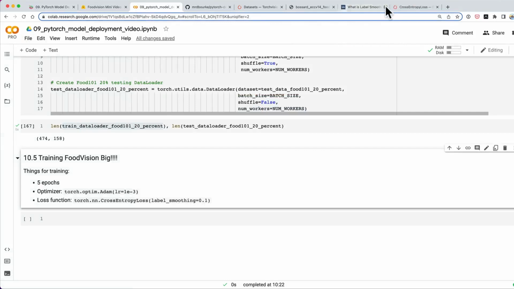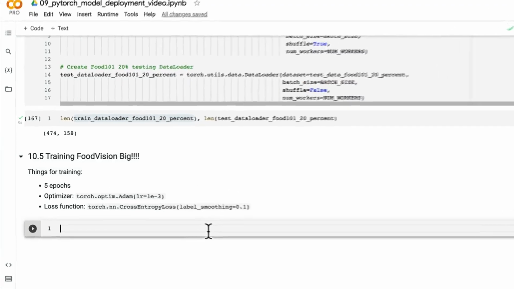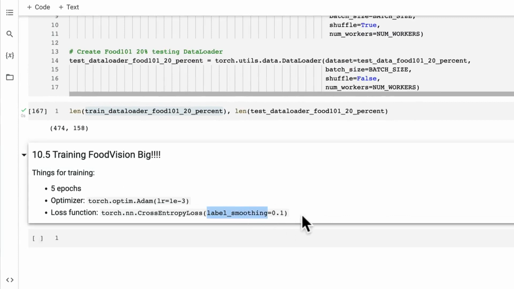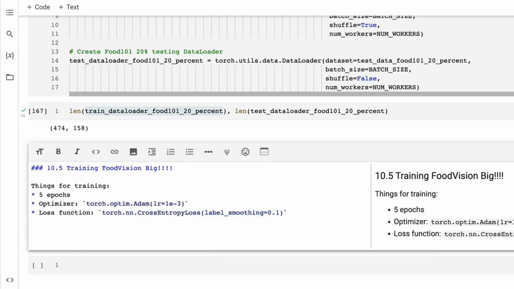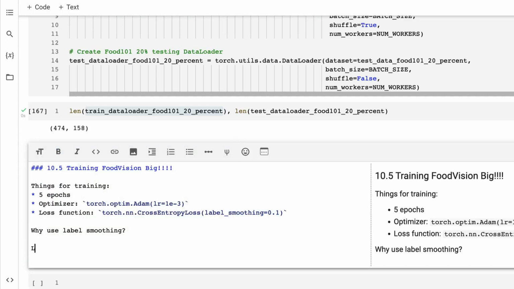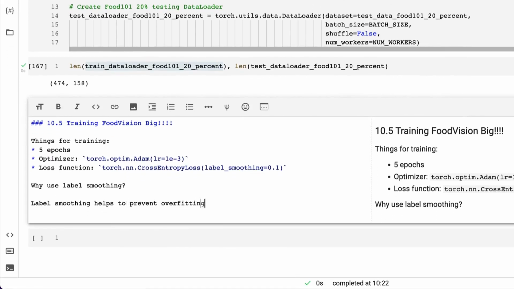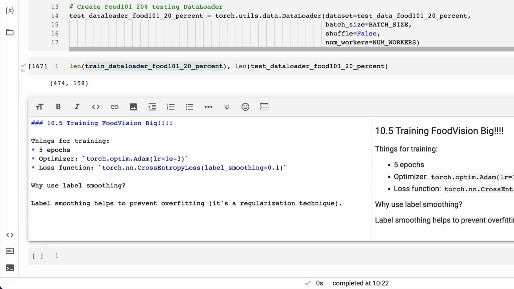We'll come back here. Label smoothing. So first and foremost, what do we need to do? Or actually, let me give you another little overview of what it will do. So why use label smoothing? This is another bit of intuition. Label smoothing helps to prevent overfitting. It's a regularization technique. So if you were to go and further research it, you would probably find something. Without label smoothing